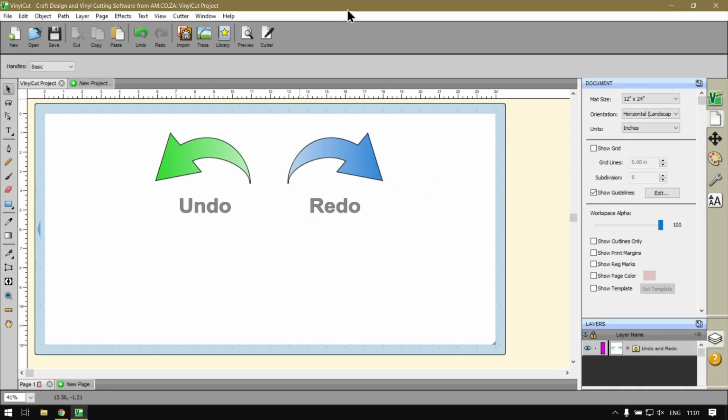Otherwise, if we go back in the program here, now most of you already know what these buttons do, but if you're watching this video, chances are it's for a reason. So in any case, the undo and redo buttons, that's probably, in my opinion, one of the two most used features in all programs. So yeah, you sometimes wish real life had it, but in any case,